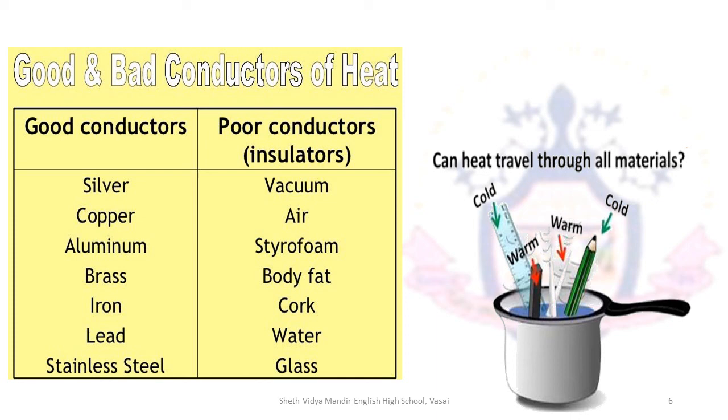Use items made of various materials like wood, plastic, and metal, and check after 5 minutes whether the heat has traveled through them, and whether the tip of the material that you inserted, the tip that is not immersed in the water, has become hot or not. Through that you will come to know whether there was conduction of heat, and you will also find out whether they are good conductors or bad conductors. It's a simple experiment, but be careful and do it in the presence of an adult.